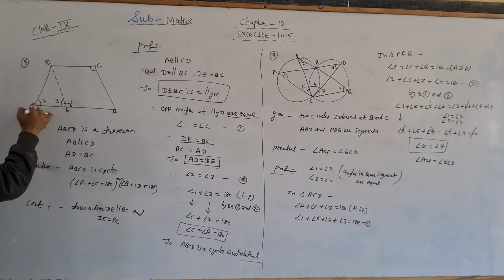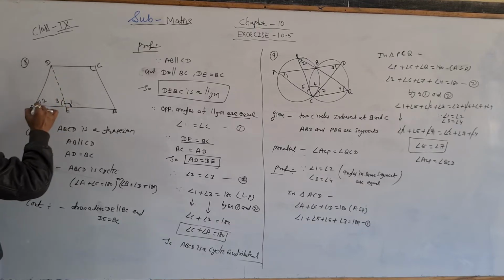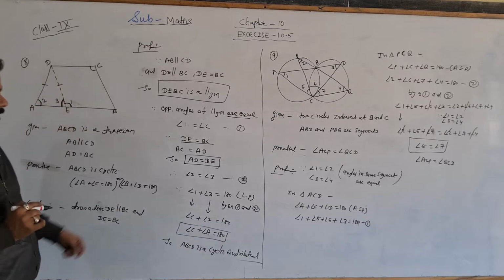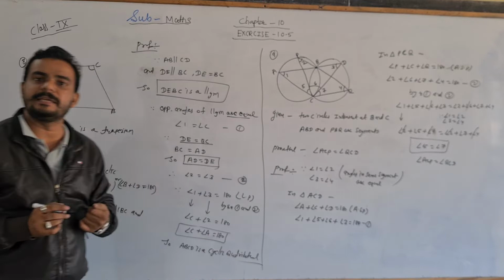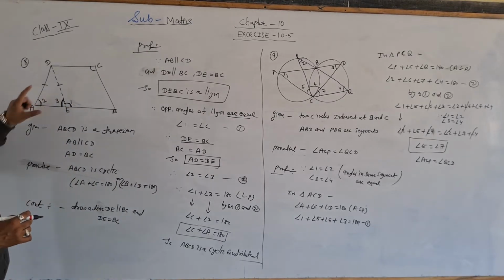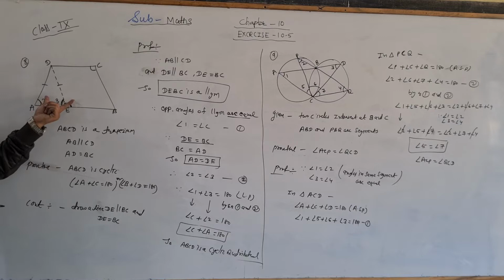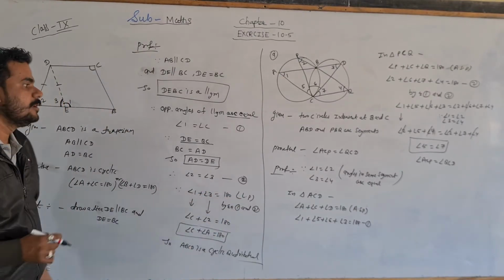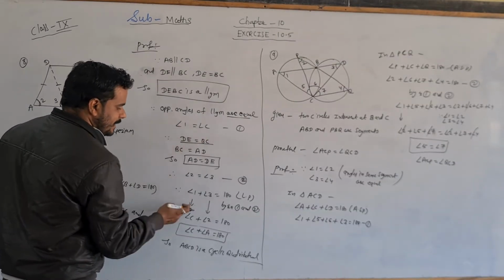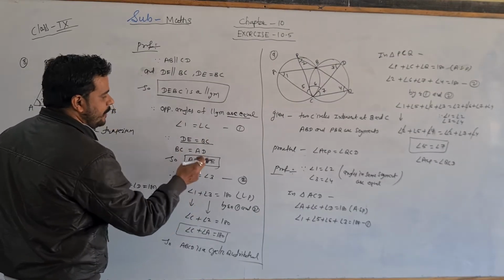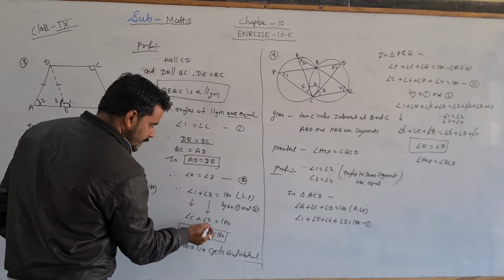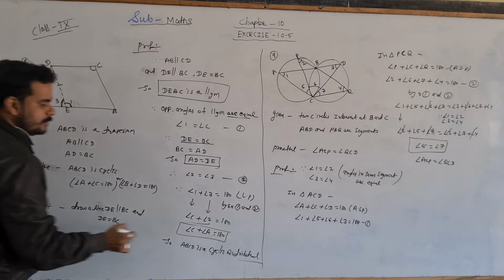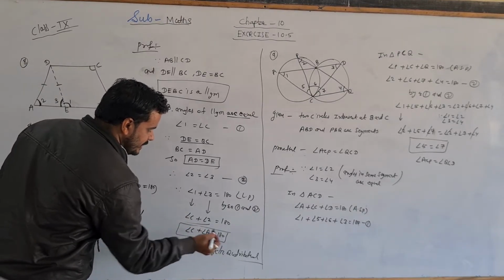It means triangle ADE is an isosceles triangle. So angle 2 is equal to angle 3. If two sides are equal, then two angles are also equal. So I mentioned here angle 2 is equal to angle 3, equation number 2. After that, in this figure I saw one linear pair. You can also see angle 1 and angle 3. Angle 1 plus angle 3 is equal to 180, linear pair. So instead of angle 1 we can place angle C, and instead of angle 3 we can place angle 2. So what is the actual name of angle 2? Angle 2's actual name is angle A. So when we write angle 2 as angle A, angle A plus angle C equals 180.